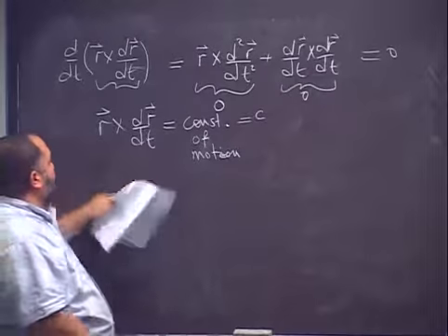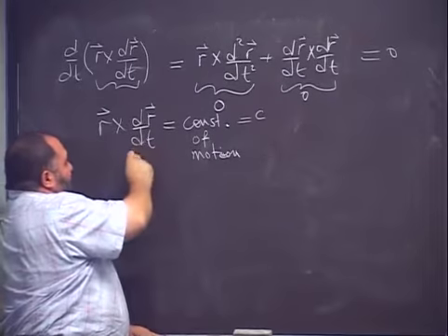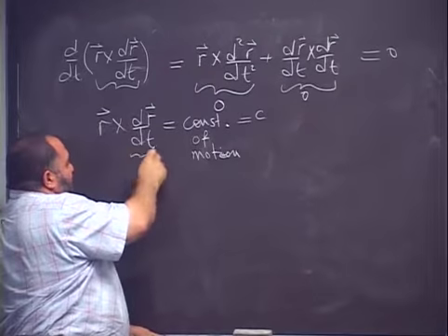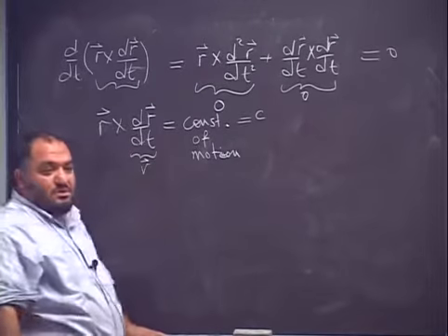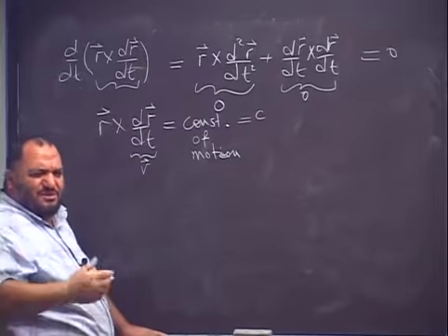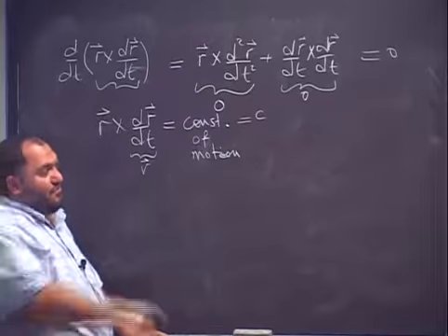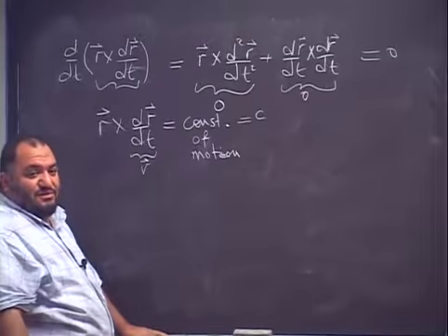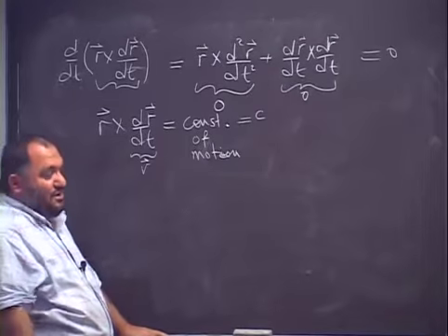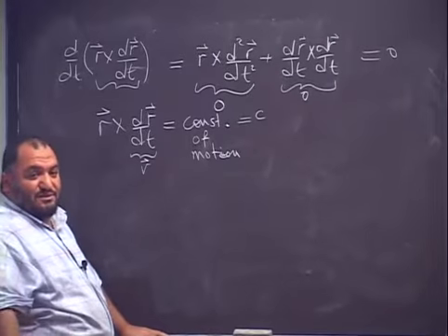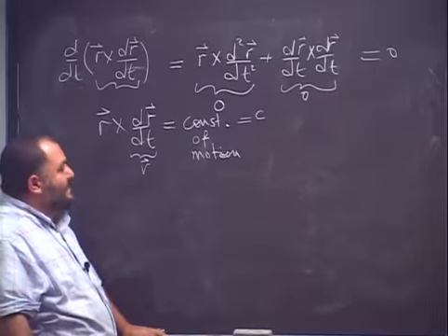And what's dr by dt? It is velocity. So r crossed with v. Do you remember what's r cross v? Angular velocity. And if you are rotating, the angular velocity should be a constant of motion here in a circle like this. Yes, guys? So